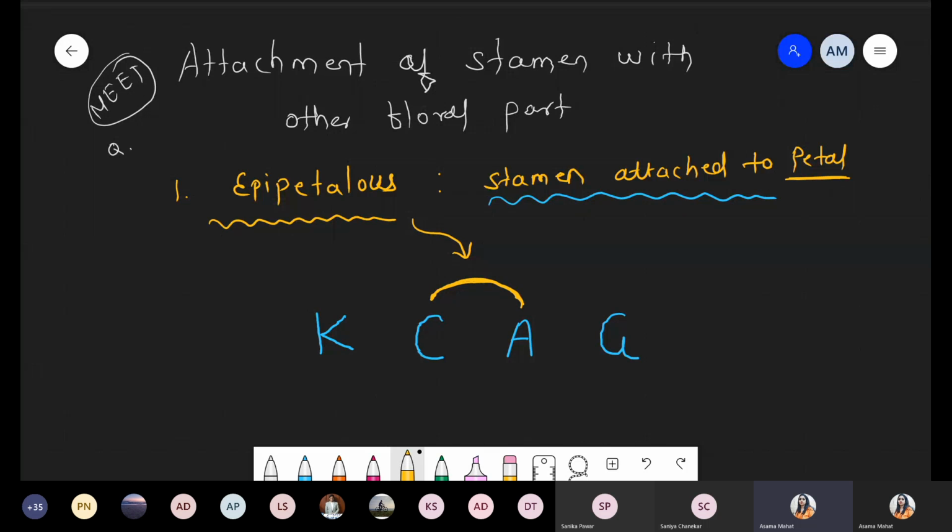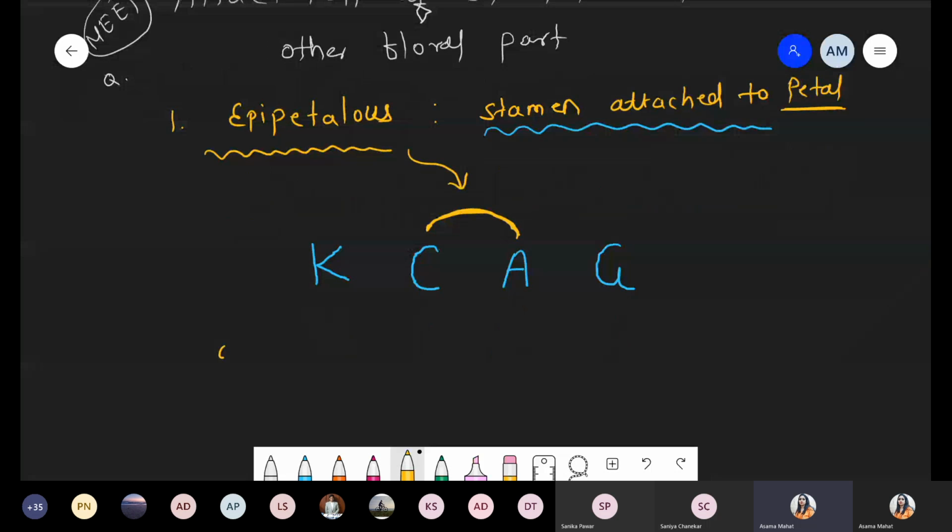हमें ये floral में भी discuss करना है. This point is clear everyone? Got it? What is the meaning of epipetalous condition? Just check the symbols, how it is represented. On the head of C and A, attachment is there. That is androecium, it is attached to petals. It is attached to corolla.